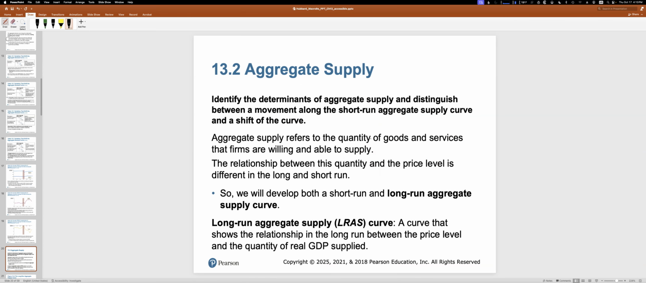And so that brings us to, again, this distinction between the short run and the long run aggregate supply curve. So we need to develop both of these. Now, the long run aggregate supply curve